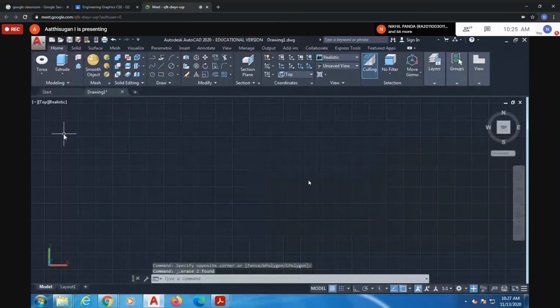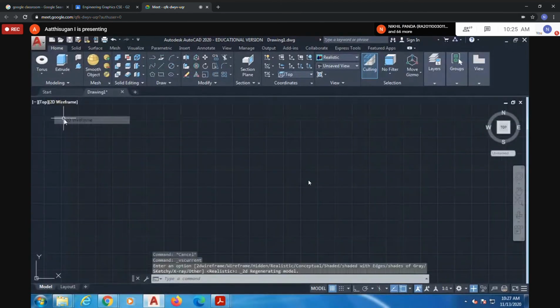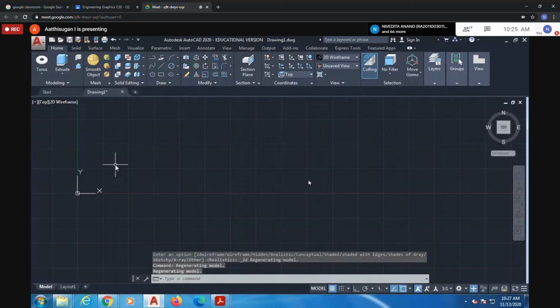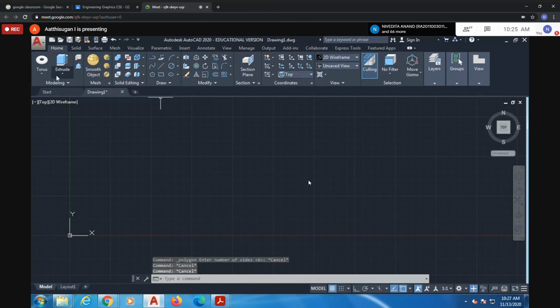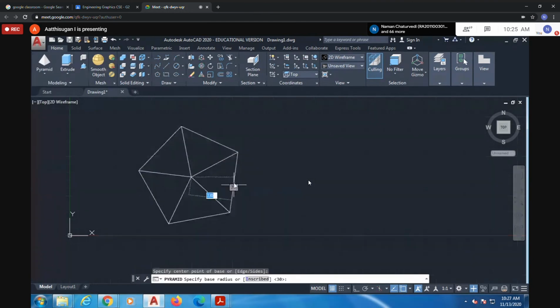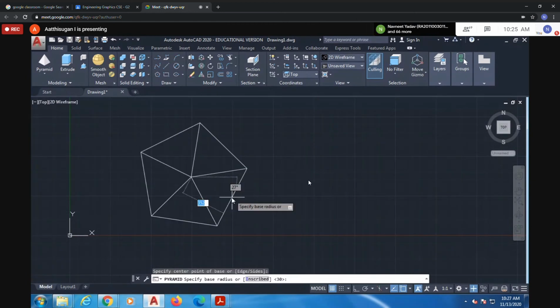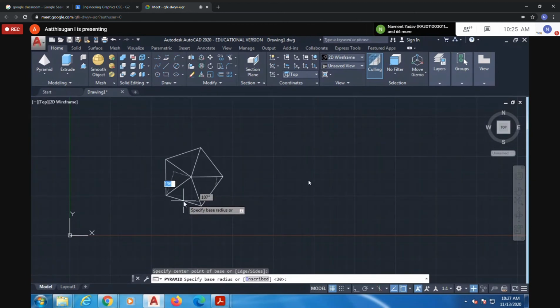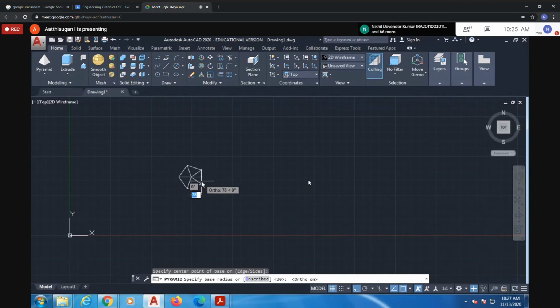And first select the view. Okay, it was top view, and it was the pentagon pyramid. So you can go to the pyramid option. I'm going to draw the shape somewhat. You don't need inclination. How much is the side length? Side length is 30.